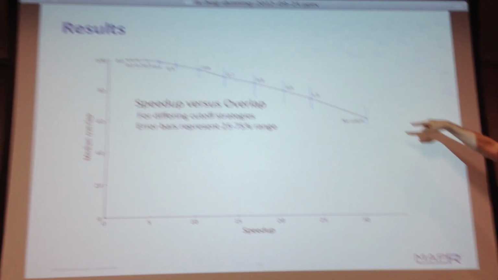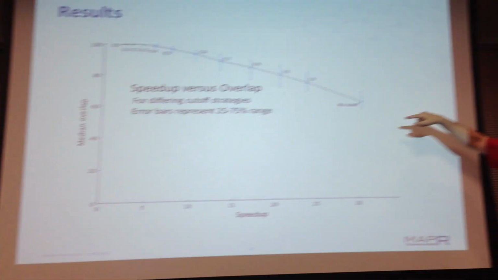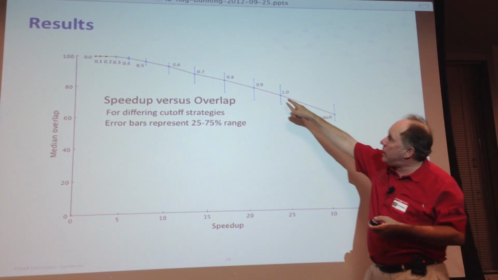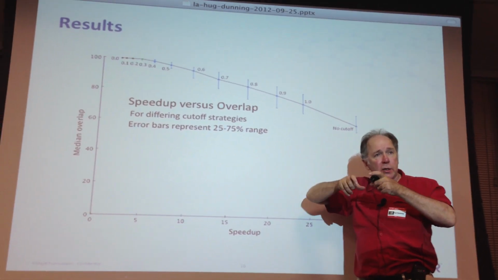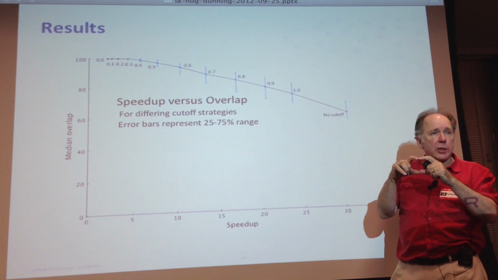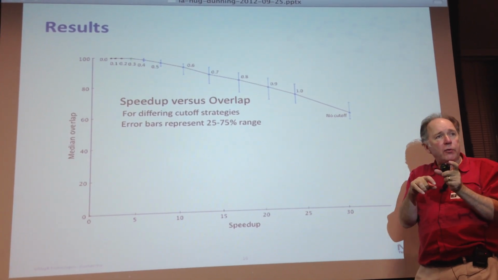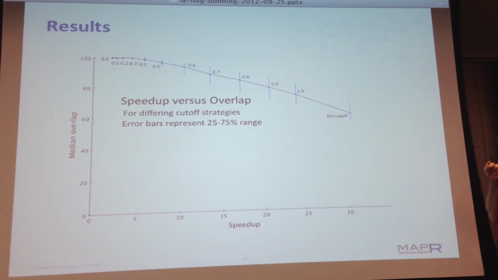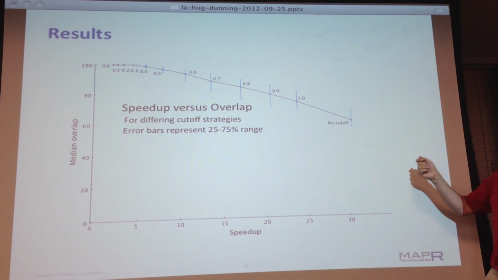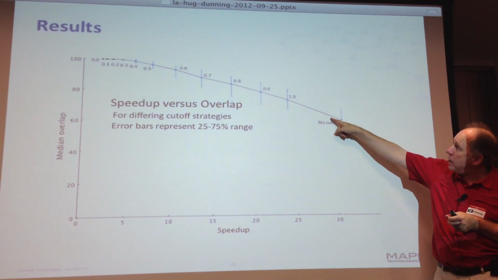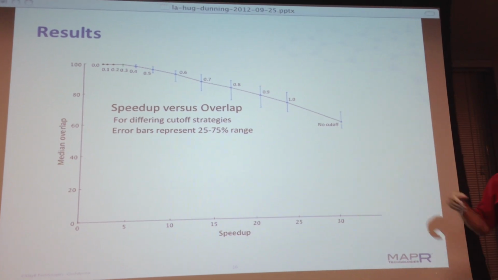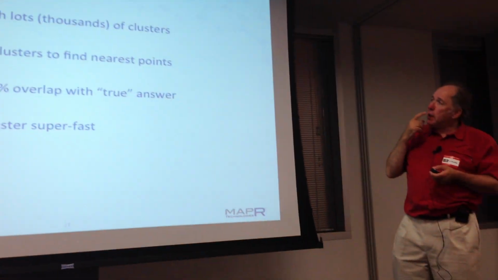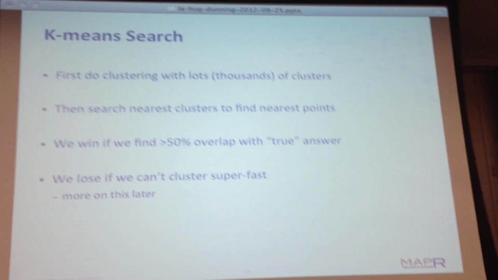Here's how much that LSH search works. These are different strategies for picking a cutoff, the different adaptive strategies, using the 75th percentile of the results that we have so far as a strategy, or using the worst XOR for the things that we've found so far. And we get 25 to 30x speedup in these sorts of cases to get roughly the same accuracy. That's pretty cool. So now we get back down to k-means search, which is the one that we really wanted